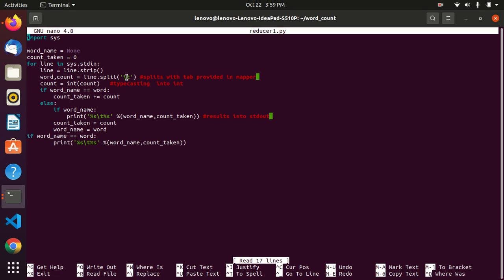So in this we will get word, tab space and the 1. Based on the tab space we split the word and the count, and then we typecast the count to convert it into an integer. Then for each word, if the word is repeated, we increment the count, and if the word is not repeated, then we print to the standard output the word name and the count.